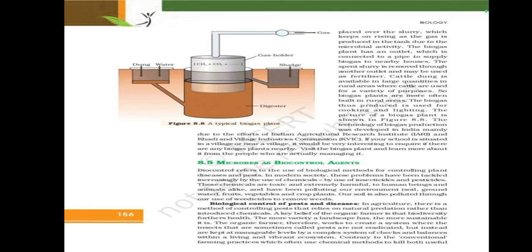The more variety a landscape has, the more sustainable it is. The organic farmer therefore works to create a system where the insects that are sometimes called pests are not eradicated but instead are kept at manageable levels by a complex system of checks